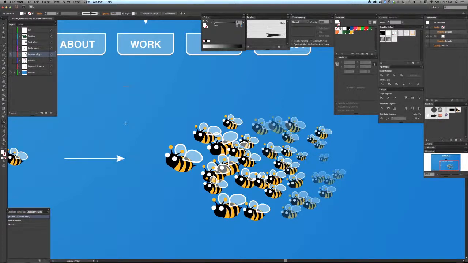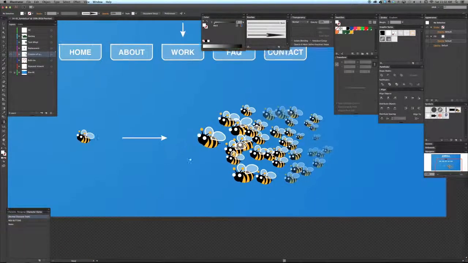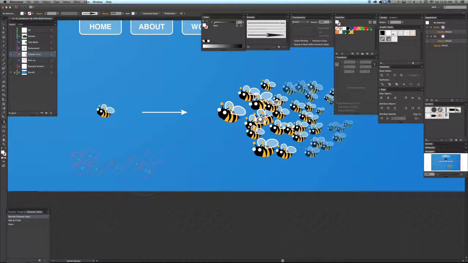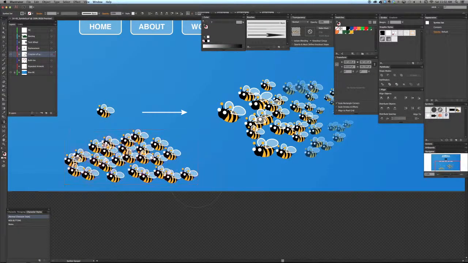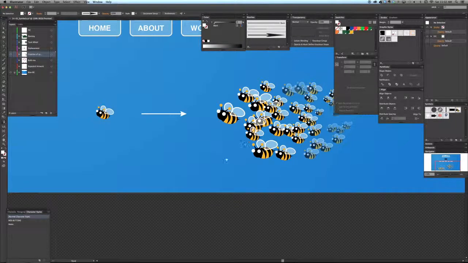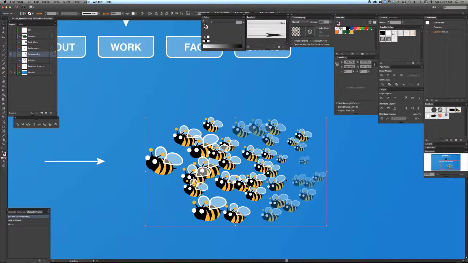And when you use the symbol spray tool, you have to first select a symbol, and then you can just click and drag, and notice how all these little instances get sprayed, or basically multiplied, onto the artboard. And what I did here was I just used a lot of the extra tools that come with symbol spray. I'll get to these in some other video, but all of these bees here are children of the parent bee